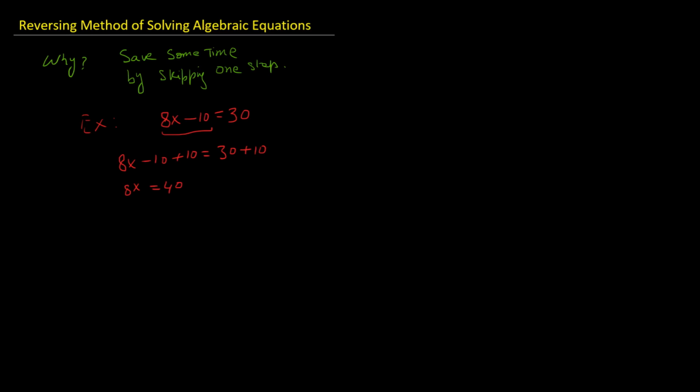Now what we do in the reversing method is, let me put the same question, 8x minus 10 equals 30. Instead of trying to remove the term minus 10, we take this term to the other side of the equation. This is one side, the left hand side, and this equal sign distinguishes the two sides. This is the right hand side. So instead of eliminating this term, we take it to the other side and replace it with its additive inverse. So the next step would be 8x equals 30 and then minus 10 goes to the other side and becomes plus 10. We take the additive inverse on the other side,